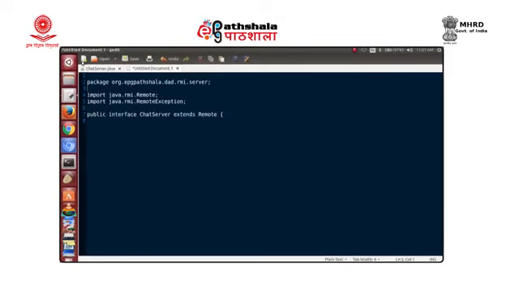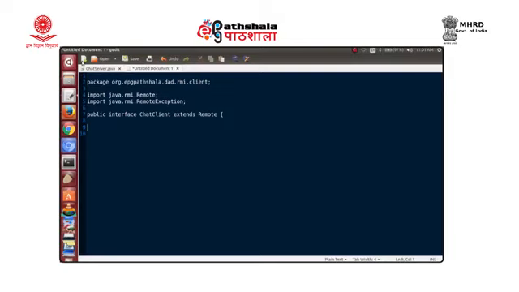This will be for the client. It has throws for remote exception, and this is going to be chat client here. Fine. So, that is one thing.